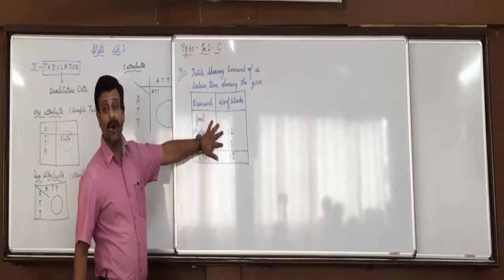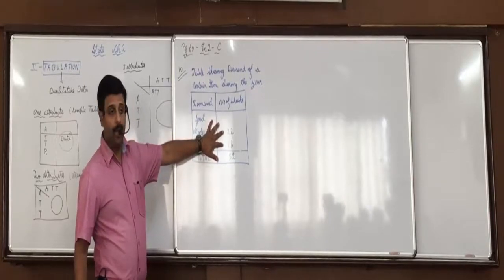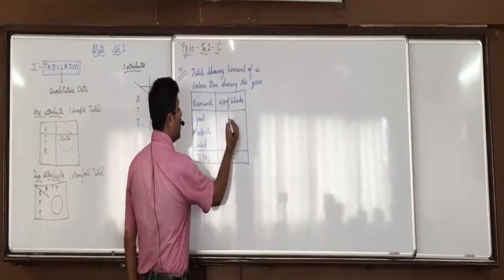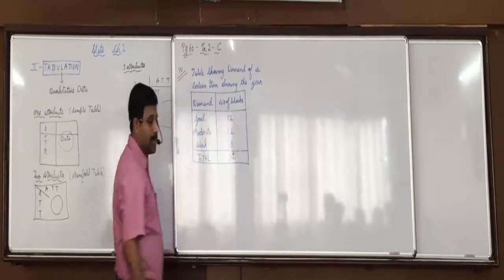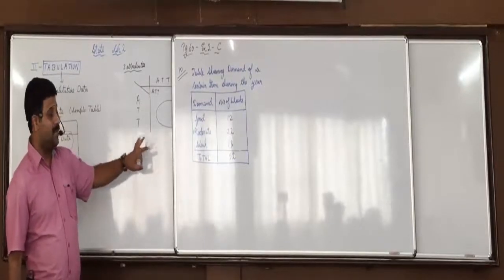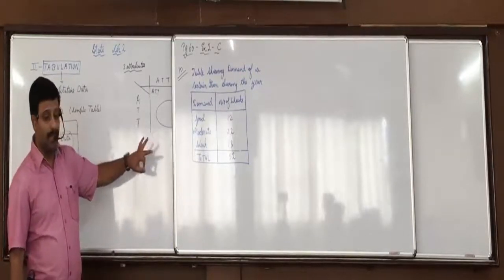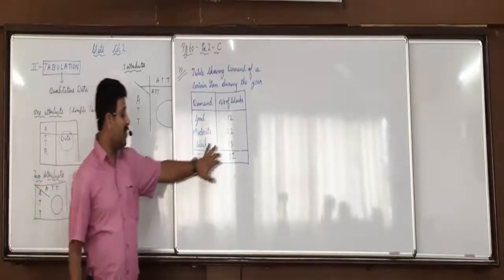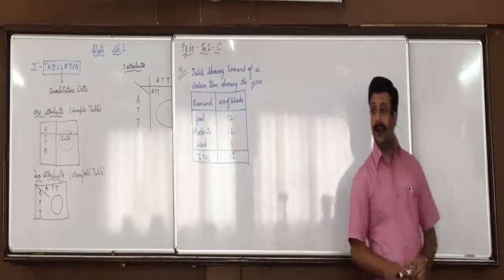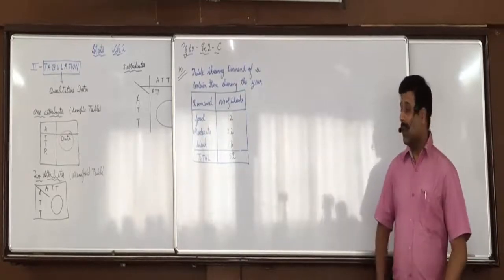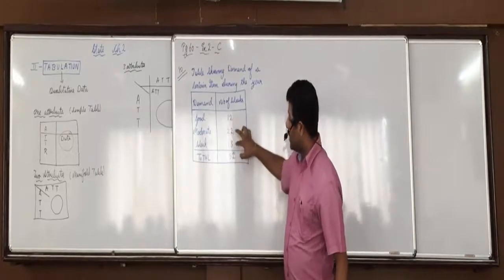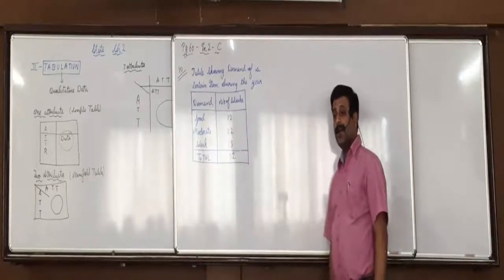Now be attentive, everyone. 22 plus 18 is 40. So 52 minus 40, 12 weeks the demand is good. Out of 52 weeks, 22 weeks is moderate, 18 weeks is weak. So how many weeks will the demand be good? 52 minus 40, 12. Raise your hand who did not understand this. Okay, once again, how is 12 obtained? 52 minus 40. Any confusion in that?